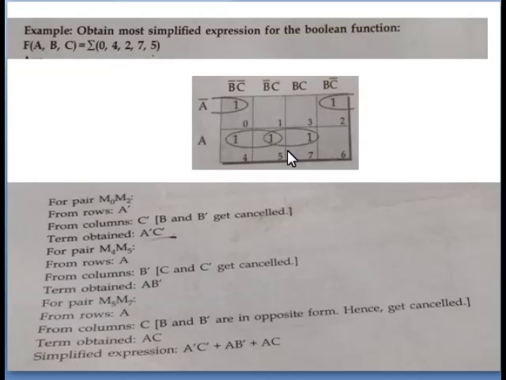Now we see these two ones. By sharing also, diagonally we can't share the cells. Okay, diagonal grouping is not there. So what we have to do is roll the map vertically, otherwise there is no other way of grouping. So we have to fold the map on the vertical side.